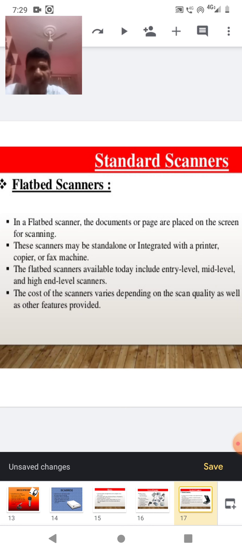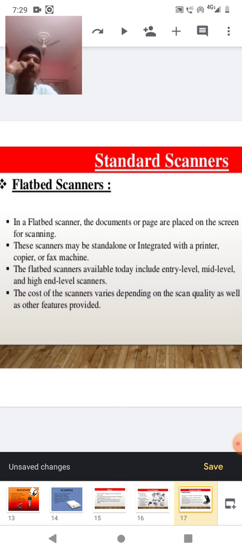These scanners may be standalone or integrated with a printer, copier, or fax machine. Standalone scanners, used only for scanning, are also available. Some scanners are integrated with a printer, copier, and fax machine. In both ways, the scanners are available.